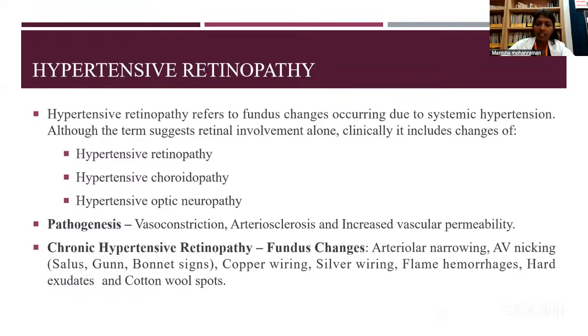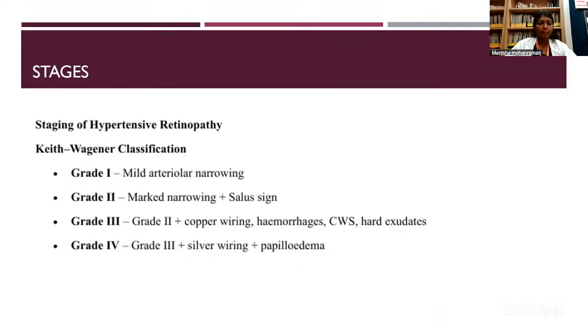The fundus changes in chronic hypertensive retinopathy are arteriolar narrowing, arteriovenous nicking, copper wiring, silver wiring, flame-shaped hemorrhage, hard exudates, and cotton wool spots. The stages of hypertensive retinopathy, according to the Keith-Wagener classification: